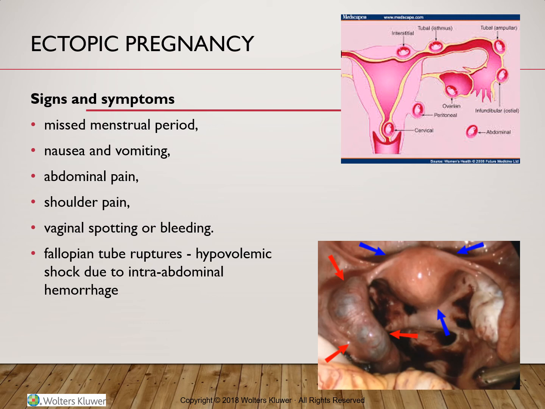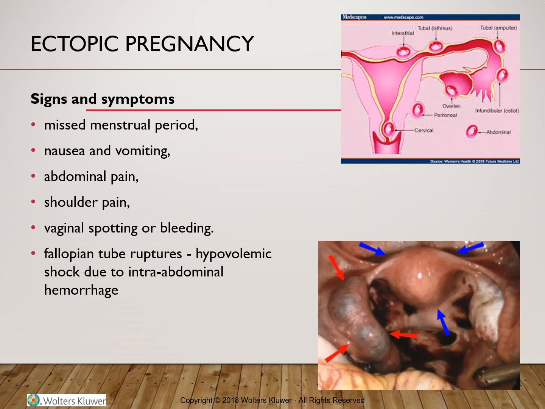Ectopic pregnancy. Ectopic refers to any object that is located away from an expected site of position. When we are talking about ectopic pregnancy, there is a pregnancy that occurs anywhere outside the uterus. The fertilized ovum will implant in another location, and it can be anywhere in the abdominal cavity, ovaries, cervix, and the most common place of implant, in 98% of the ectopic pregnancies, will be the fallopian tube. There is an estimation that up to 1% of pregnancies will be ectopic pregnancy.